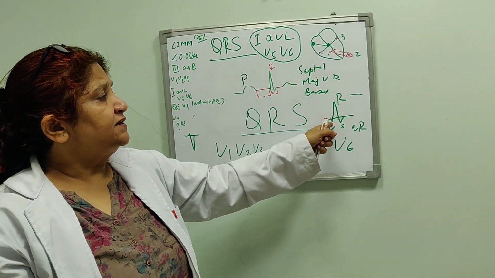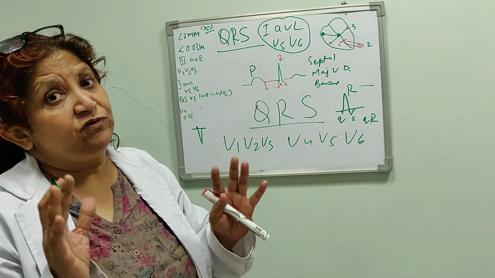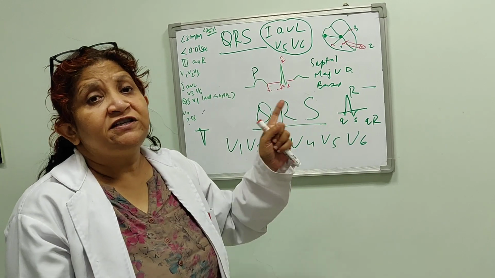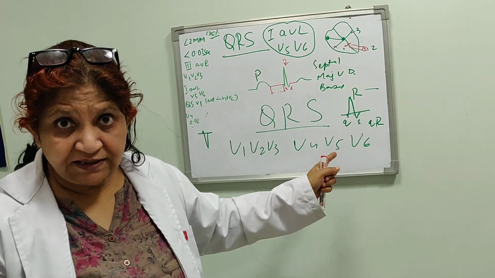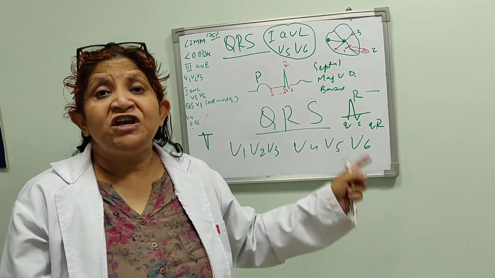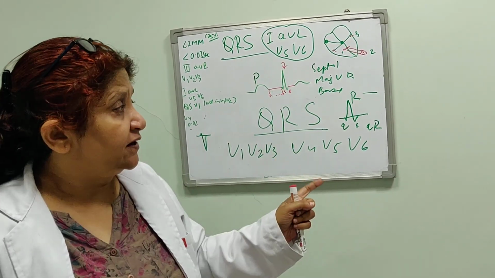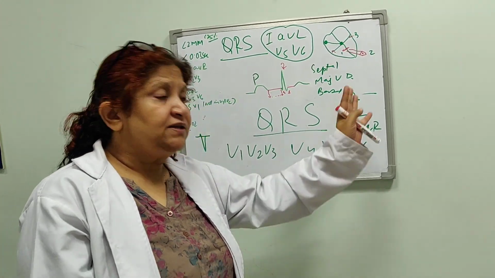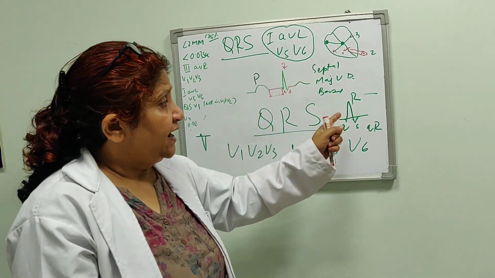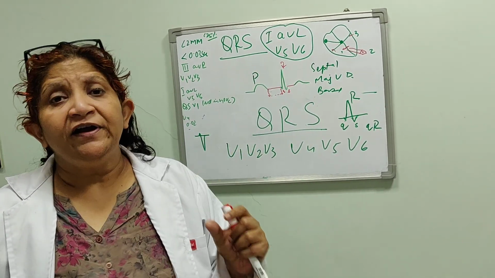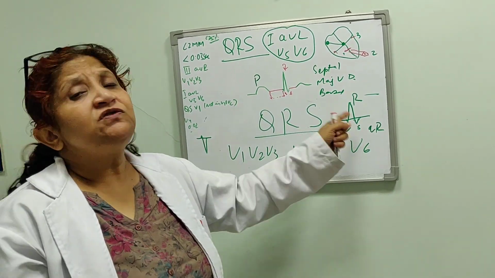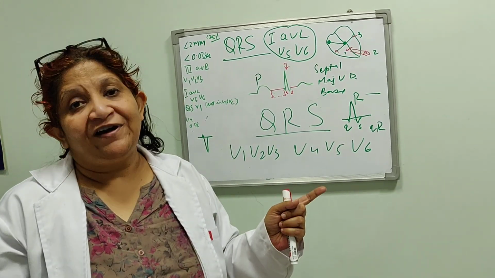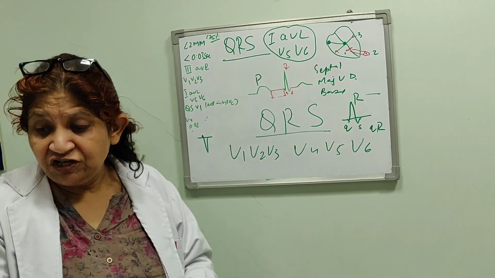So Q, in the V5, V6 leads I am talking about, represents septal depolarization which is moving away from V5, V6. The R wave represents major ventricular depolarization which is moving towards V5, V6. And the S wave represents a small vector of basal ventricular depolarization which is moving away from V5, V6. So in a nutshell,